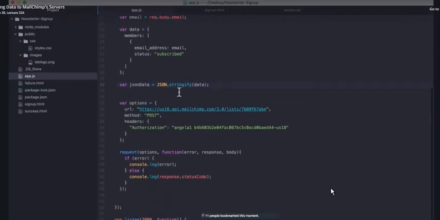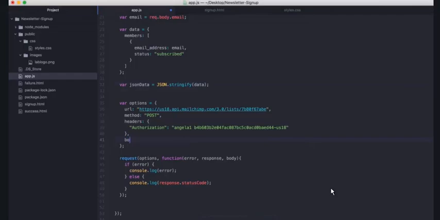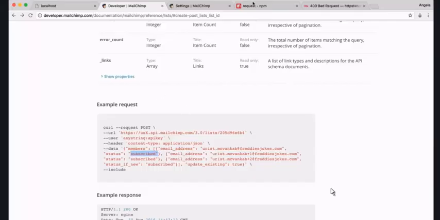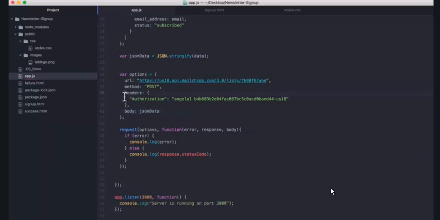Now that we have this variable, we can go into our options and create a new option called body. That, of course, comes from here, which is going to be the body of our post request. So this is the data that we're actually posting. That's what comes inside this body part. And the data that we're posting is this JSON data. So now we've got authorization and we've got content, and we've specified how we want our request to be processed, and the URL that we